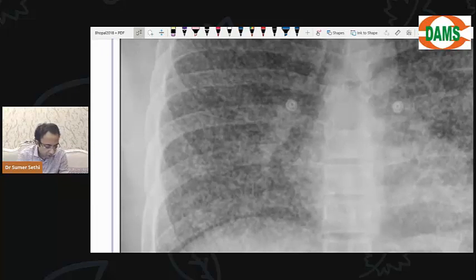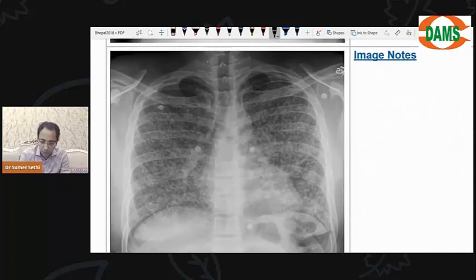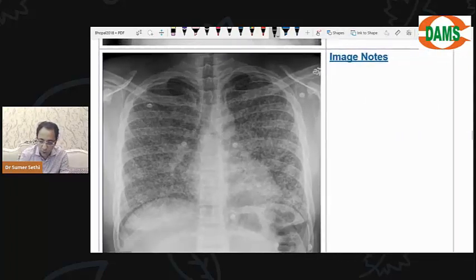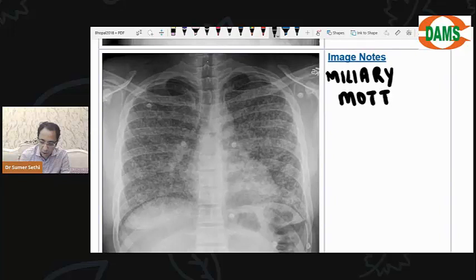Okay, a very, very important X-ray that I'm going to show you now. This X-ray has multiple nodules looking like millet seeds. इस एक्सरे पे बहुत सारे छोटे छोटे नोड्यूल हैं जैसे मक्के के दाने हो. This is called as miliary mottling on a chest X-ray,